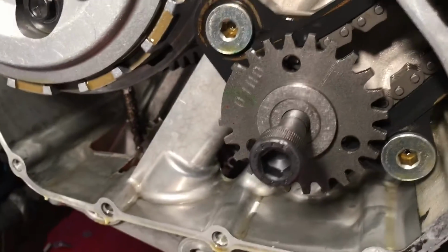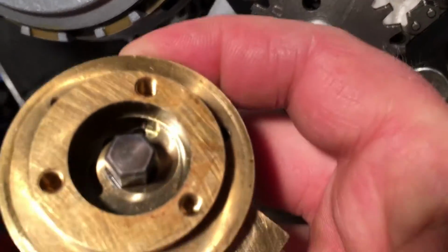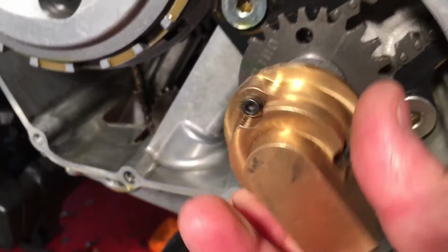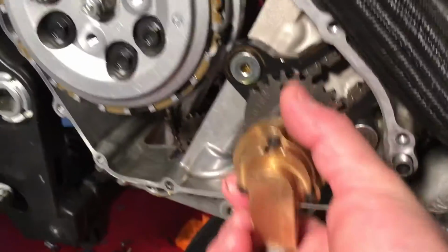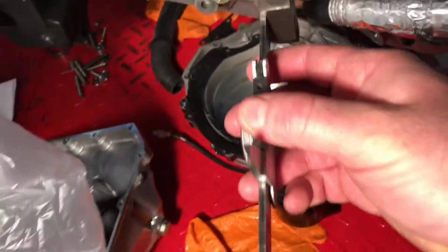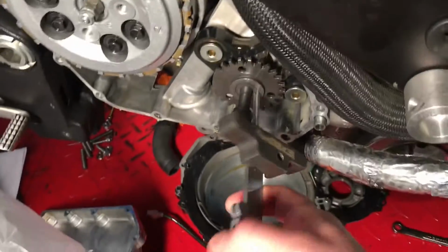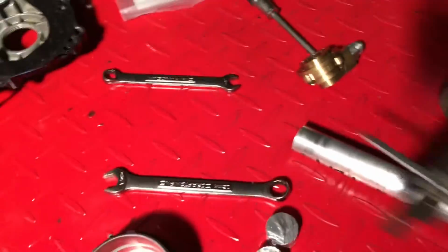So I think first order of business today is I'm going to cut the spacer for this bolt, and that is where this thing goes on. Hopefully you can see that's an 8mm bolt, or 8mm Allen head, and that's what will turn my pin pump. But what I have to do now is cut a spacer that is going to be the correct length. So I'm going to take my mic out. I'm going to have to put the selfie stick down, take that correct measurement, and then what I'll end up doing is